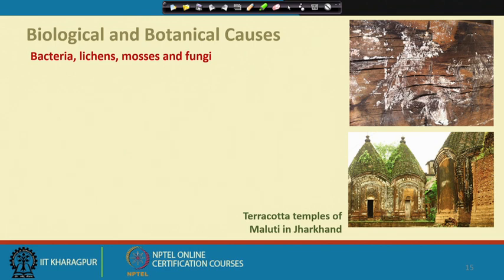In this category also come the bacteria, lichens, mosses and fungi. It's a huge family. As I can see there, these are the terracotta temples of Maluti in Jharkhand, a beautiful group of more than 100 temples, and they are on the tentative World Heritage list. It's on the Jharkhand border, and this is another picture where the mosses and fungi are affecting